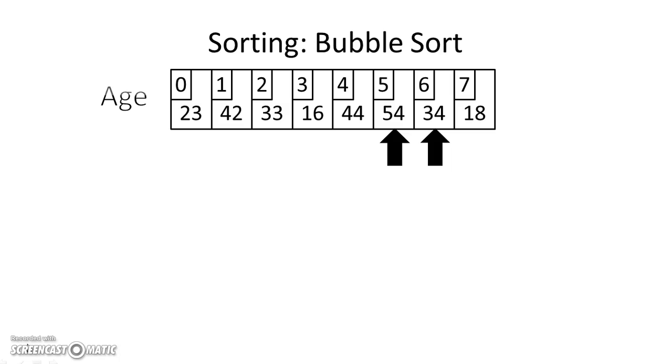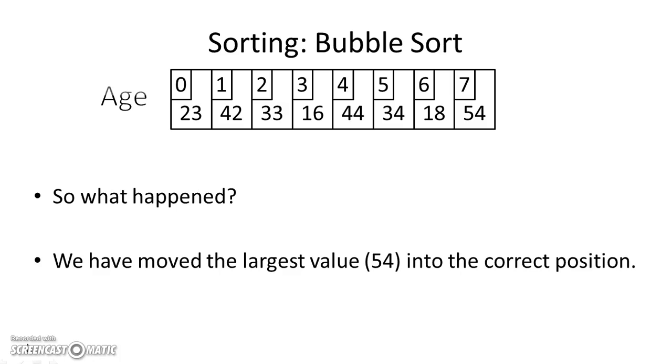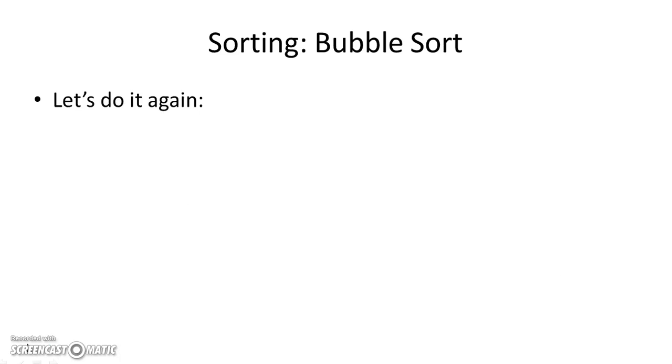We check the next pair. Is the left bigger than the right? Yes, it is, so we swap. And finally, is the left bigger than the right? Yes, it is, so we swap. So now we have not sorted the array, but we have pushed the largest value, 54, to its correct position, because it's at the top of the array now. So if we do that again,